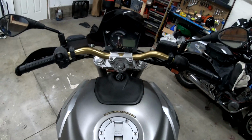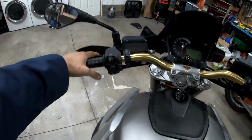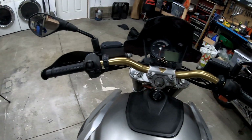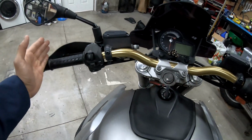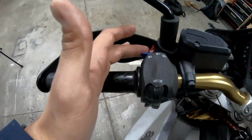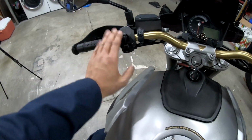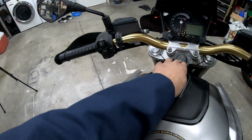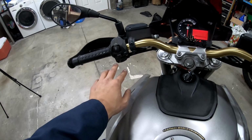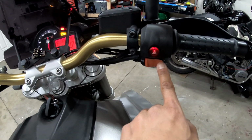As far as a dash layout, pretty standard stuff. As I mentioned, I have handguards, which I really like for wind protection and commuting. You have riding modes and a flasher, which is pretty neat. I really like that when you're passing or splitting lanes. High beams, low beams. This is how you select the modes on your dash. This is your turn signals, horn. It has a hazard, which is neat. And this is also how you switch